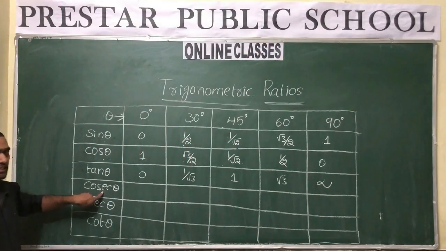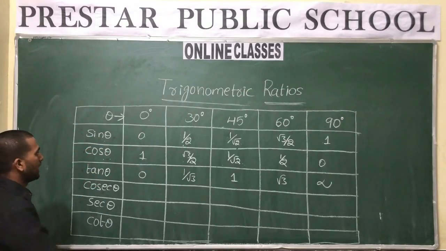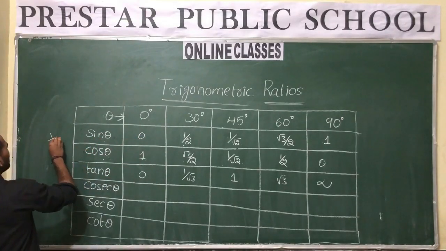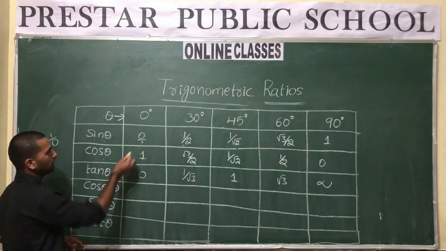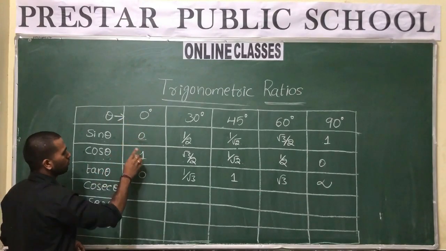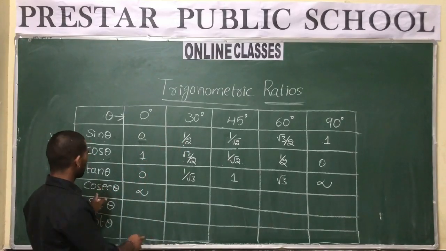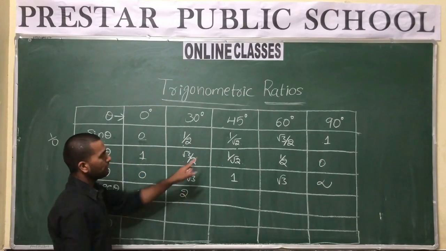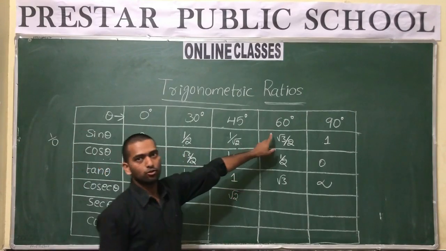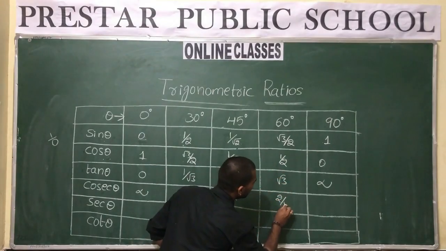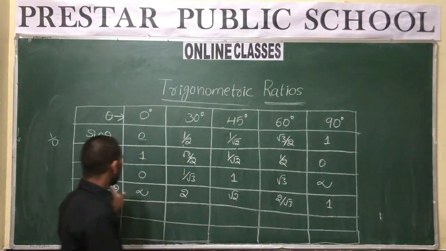Okay. Now cosecant theta. You know the formula that cosecant theta is the reciprocal of sine, yes or no? If sine theta is 0, then what is cosecant theta? 1 upon 0. Just reciprocal. So 1 upon 0 is undefined. Next, it is 1 upon 2, so what is cosecant theta? 2 upon 1. In the same way, 1 upon root 2, the value is root 2 upon 1, it means root 2. And here root 3 upon 2 becomes 2 upon root 3. And 1 upon 1 means 1. So you got the cosecant theta values.